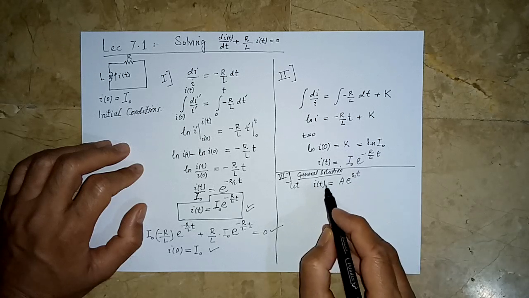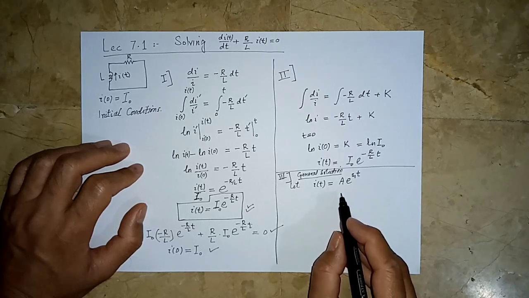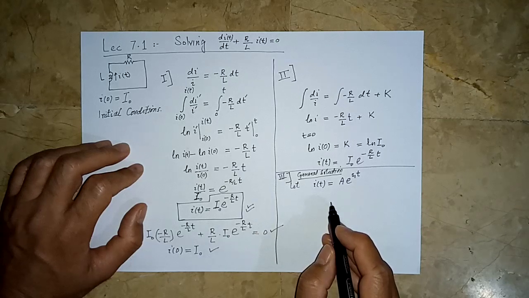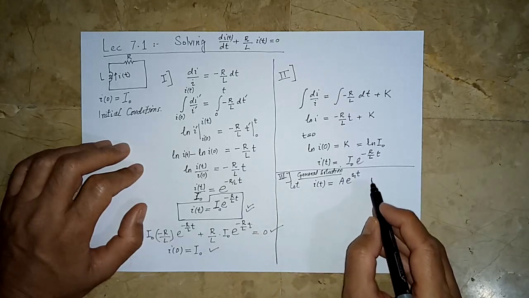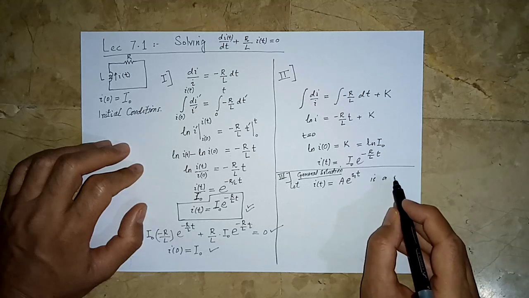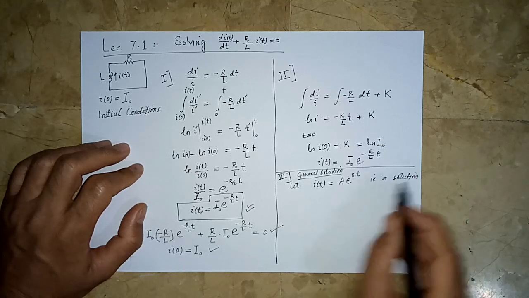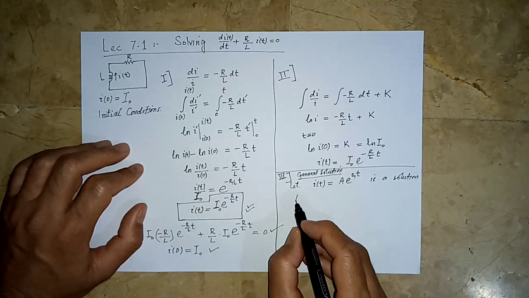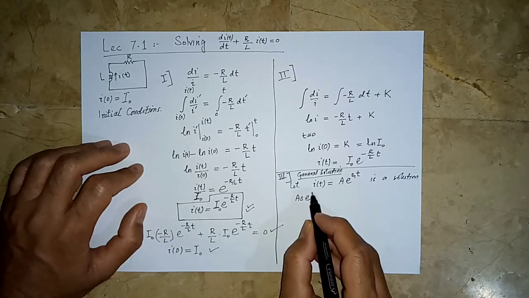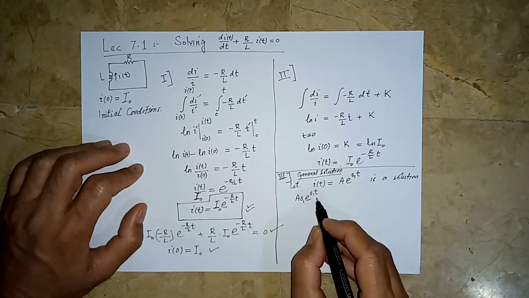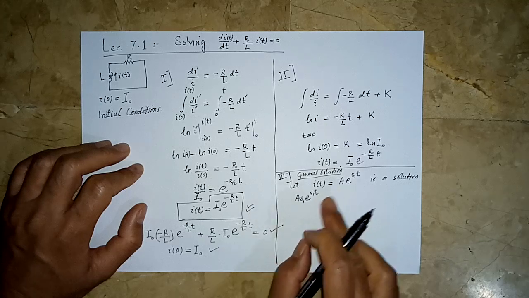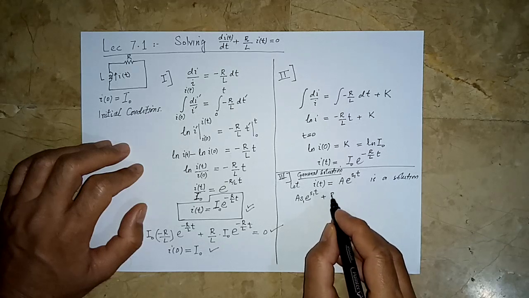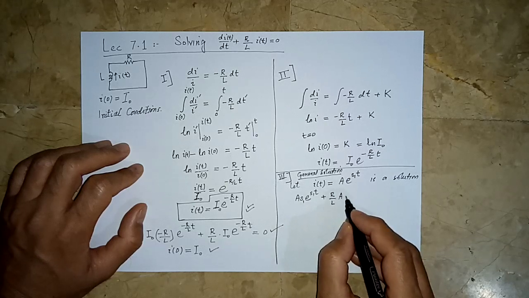Obviously, i is a function of t, so we have t here. e is a constant number. And these values for this particular case are to be found out. So if this thing is a solution to the original differential equation, then obviously it must satisfy the original differential equation. Let us put this solution there. So we are going to get A s1 e raised to the power s1 t. I have put this in the first term and taken its derivative. So we got this. And the second term we have R over L and i, the same thing here,